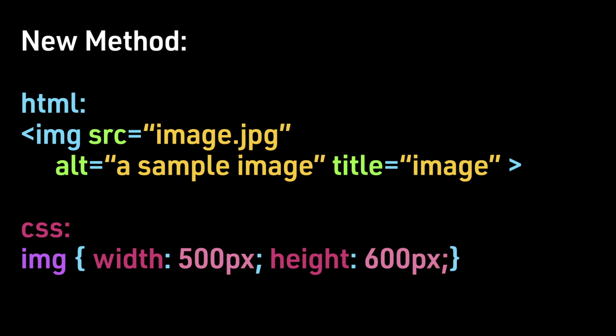New method. HTML: img src image.jpg, alt a sample image, title equals image. CSS: img { width: 500 pixels; height: 600 pixels; }